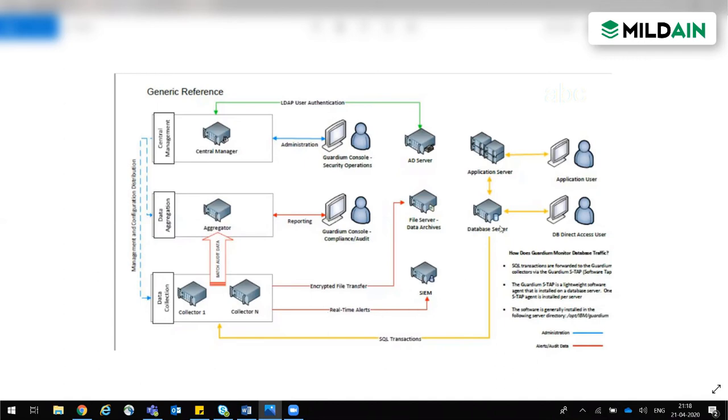So what happens is you are capturing traffic, and that's huge in size. And that includes multiple types of commands, DDL, DML, DCL, every type of command is stored in the collectors. But it is not feasible for you to see all those commands on the Guardium GUI, because they are coming in bulk.